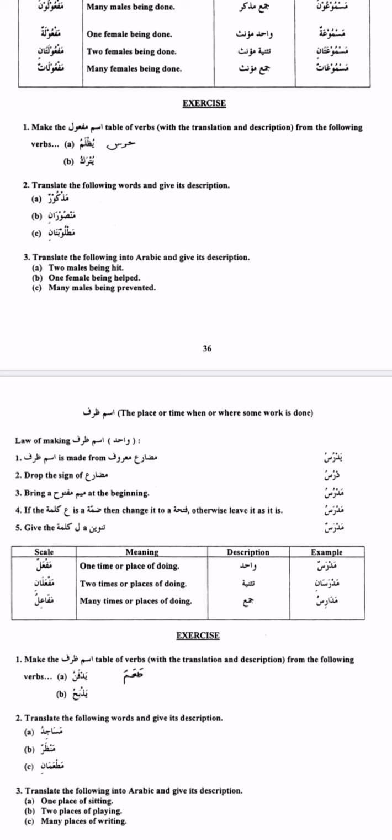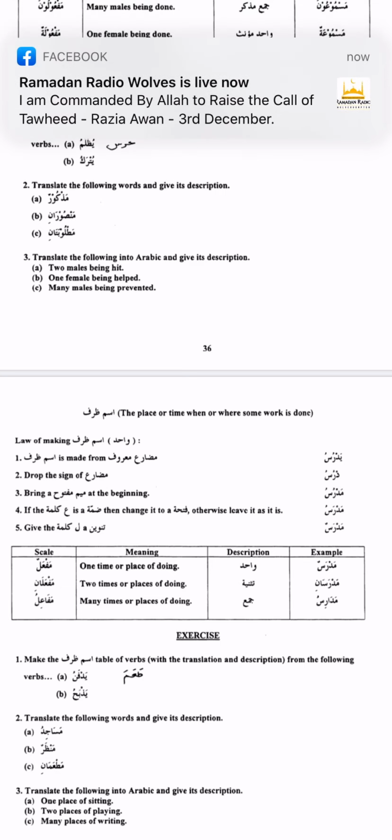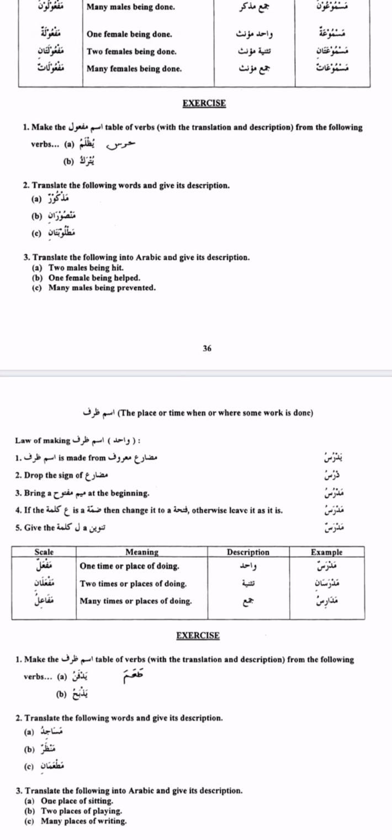So how do we make the siga of ism maf'ul? You cancel the alama of mudari'. You add a mim maftuh. What do we get? Mazlamu. And then you change the ayn kalima to a dhamma. Dha is the fa kalima. Lam is the ayn kalima. And mim is the lam kalima. So lam here is the ayn kalima. We give it a dhamma. And we get